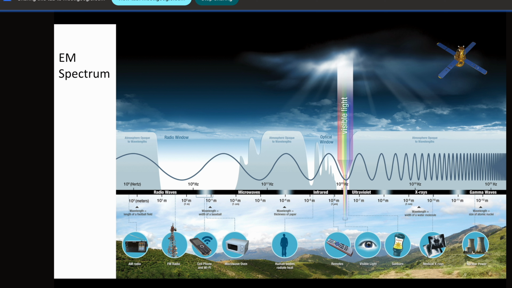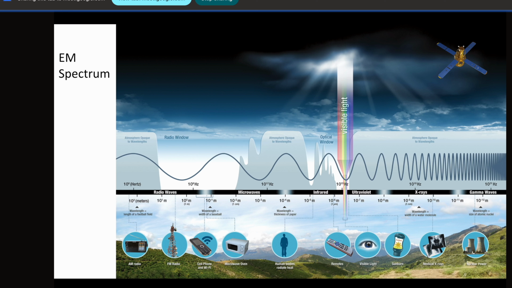So this remote sensing can be done in any region you want. Generally for Earth remote sensing, that is called Earth observation, we will use the visible region, the infrared region, and microwave or radio waves. This complete region we will use. Visible region means you need a camera. The physics is a little bit different, because in the visible region the sun is striking some object and the reflection of the sun rays is coming.